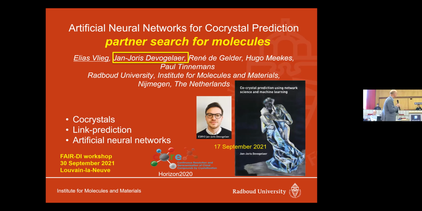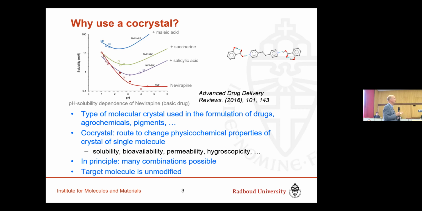And in the pharmaceutical industry, bioavailability, how rapidly a medicine becomes available, is an important quantity. And I show here as an example a drug where you have the solubility as a function of pH, as the pure material and with 3 co-crystal forms. And you see it's very different. And so this is a nice way to tune things. And it's nice because you keep the target molecule unmodified, so it will eventually do the same thing. It's unmodified, and you have lots of options to play with co-crystals. So it's a nice space to explore if you want to change the properties that you're interested in.